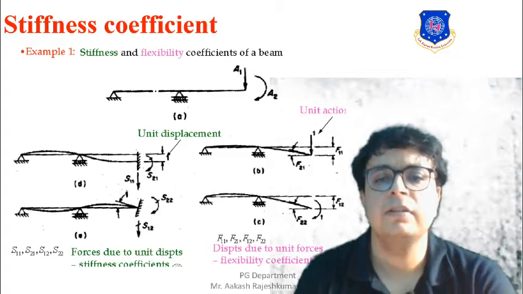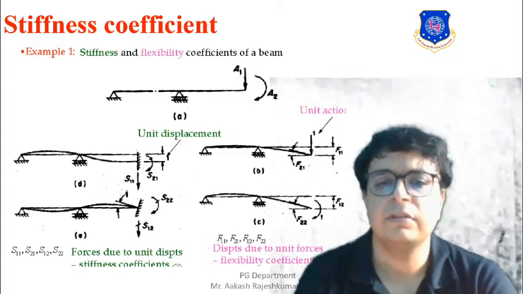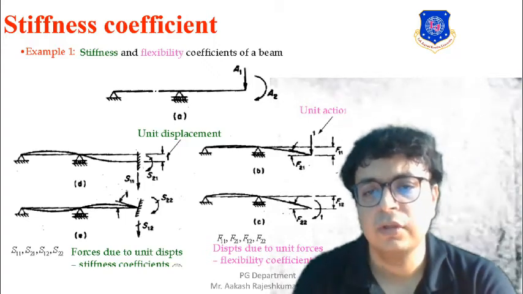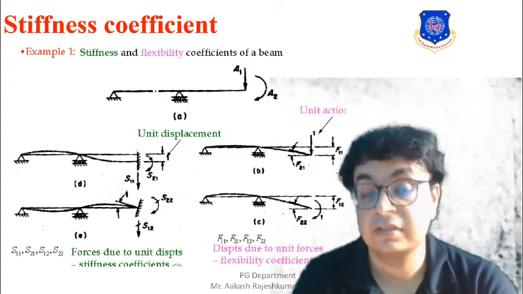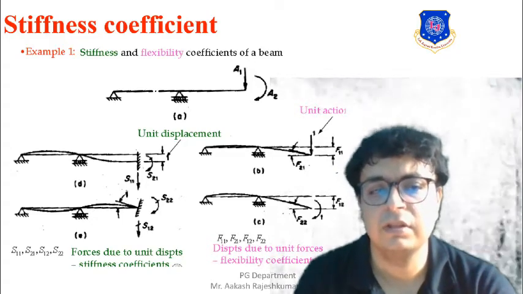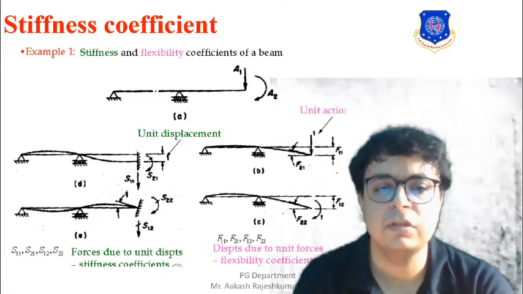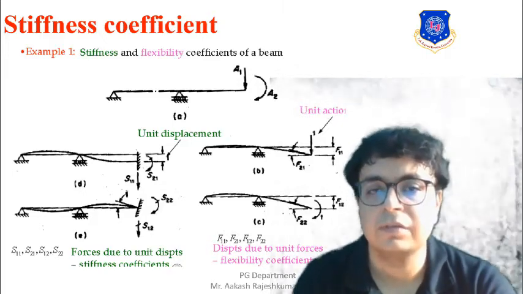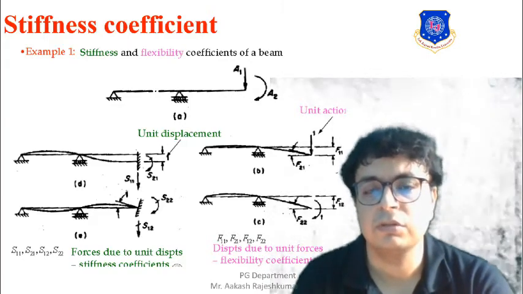Okay. Similarly, the flexibility is also there. You can see that it is a completely inverse of it. It has F21 and F11, and it has F22 and F12. So the flexibility is also being discussed over here. So yes, these are the things. Okay. Here it is also written that S11, S12, S21, S22 are nothing but the forces due to the unit displacement. And this is the definition of stiffness. Stiffness is nothing but the force which is causing the unit displacement.